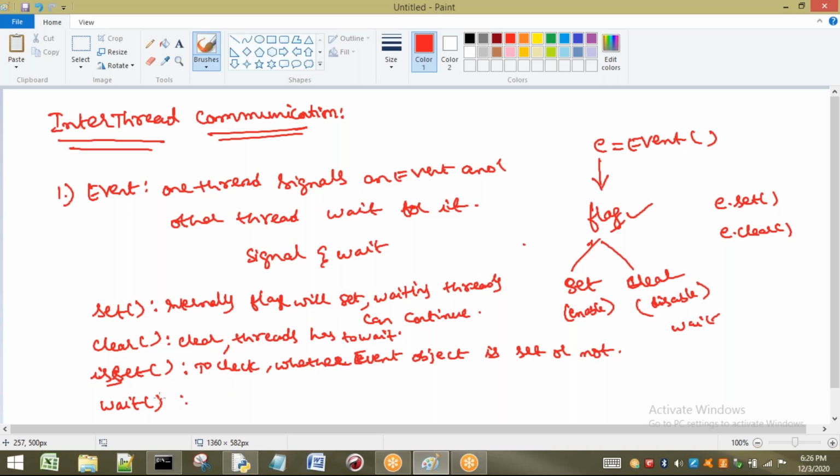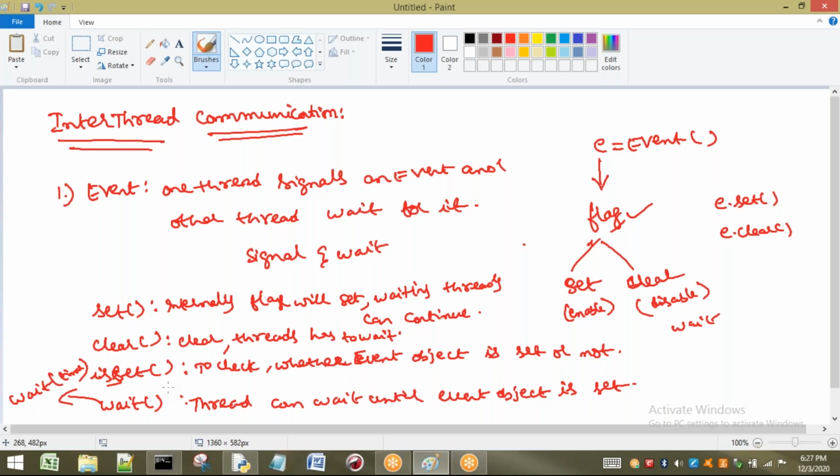Whenever we apply wait, I am telling some thread to wait, until the event object is set. For this method we can also give some time, so it will wait only until that time, and after that it will start execution. But if I write empty brackets, without any parameters, the thread has to wait until the event object is set.